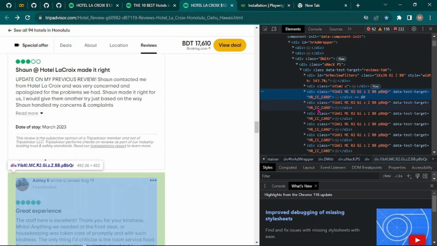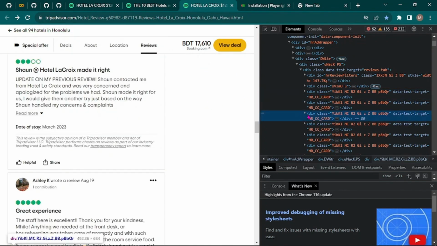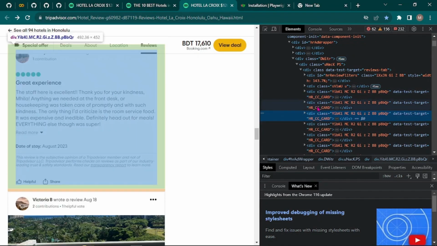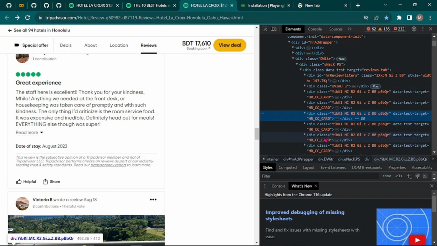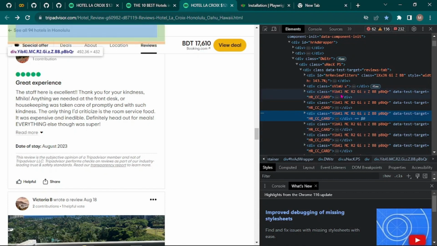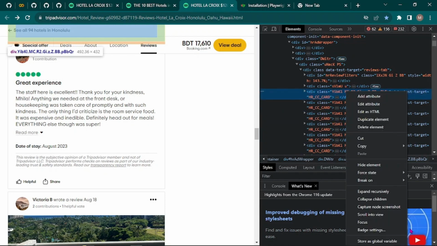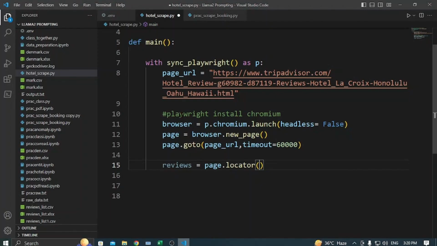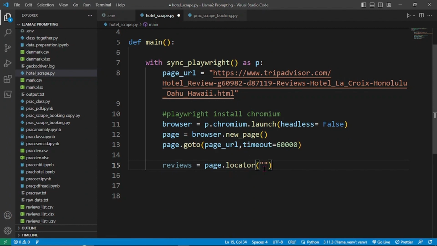If you go down and click, this is the next one, and then this one, and then this one. They all belong to the same class. So we need this div container, and we need the XPath of this div. So let's copy the XPath, move here, and paste this